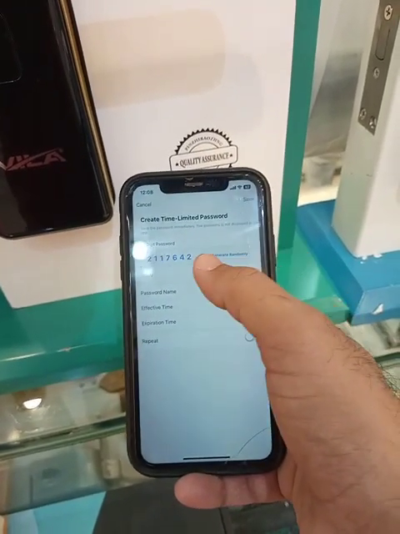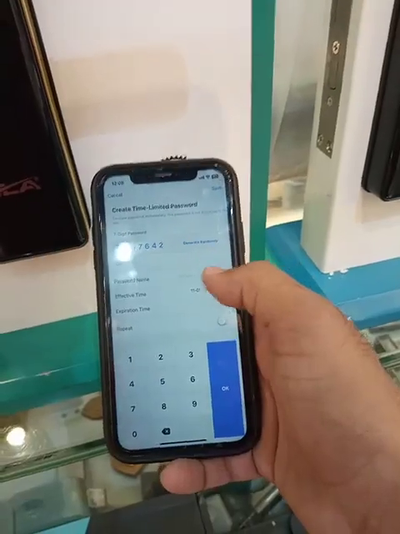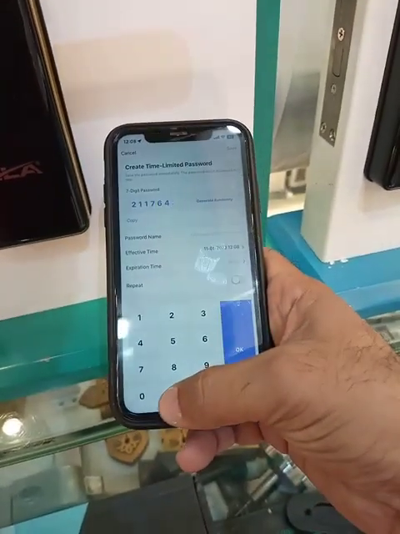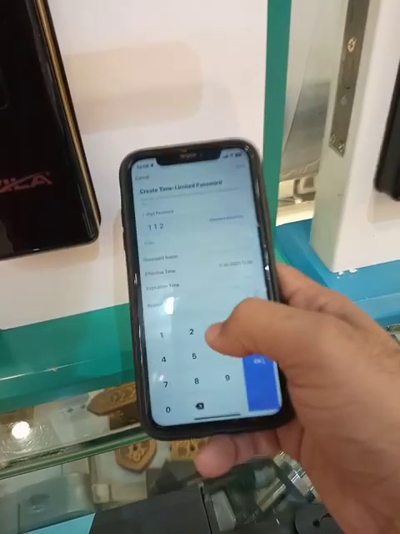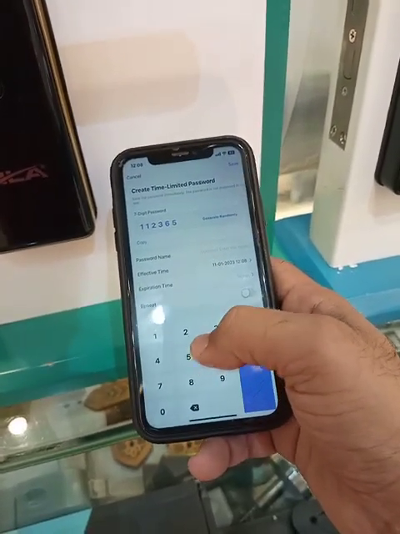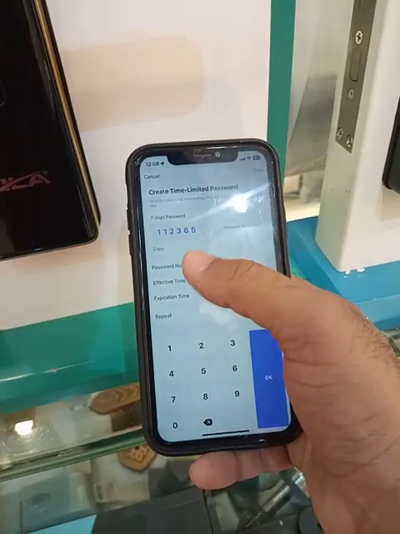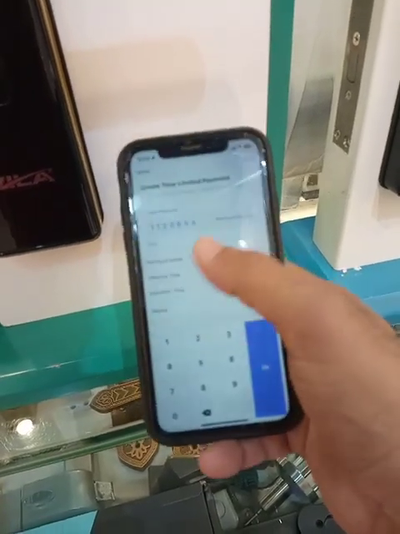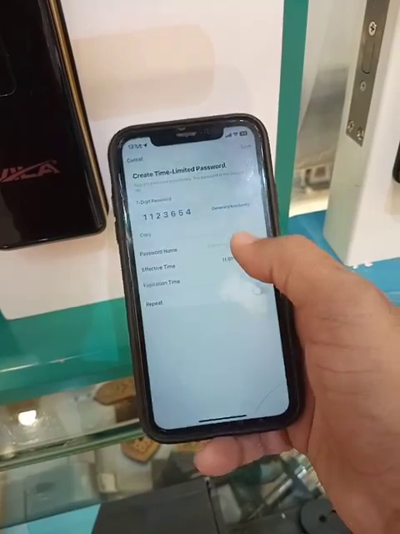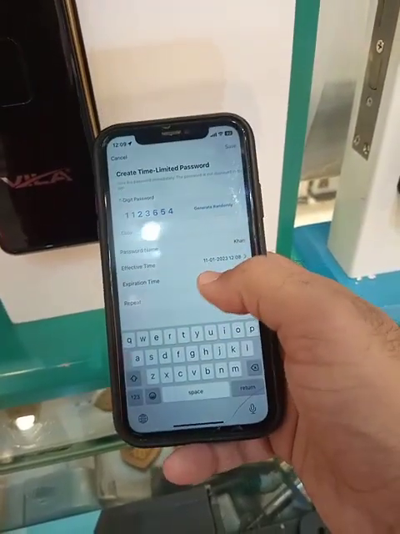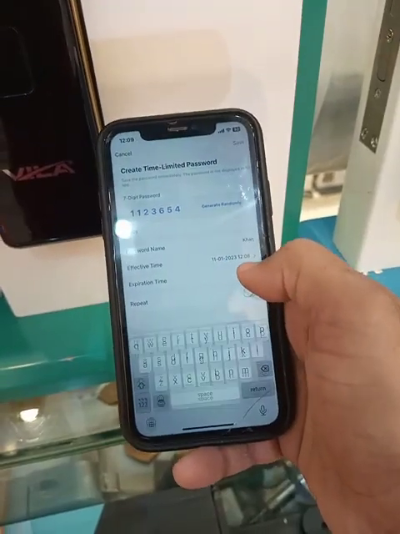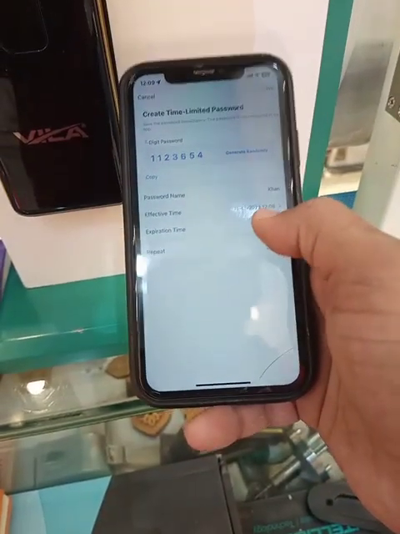It's not possible to generate randomly. Also you can generate by your own. 1123654. And here you can write the name of the person, and also from the effective time you can select the expiration time,